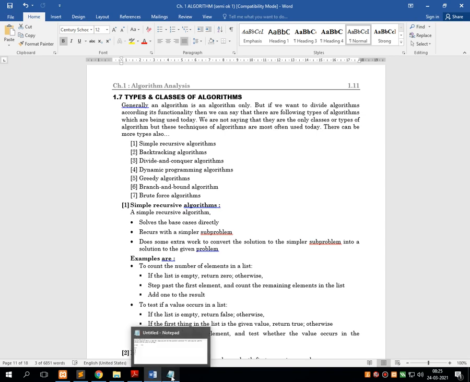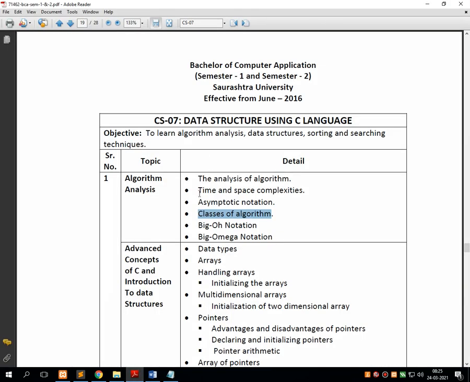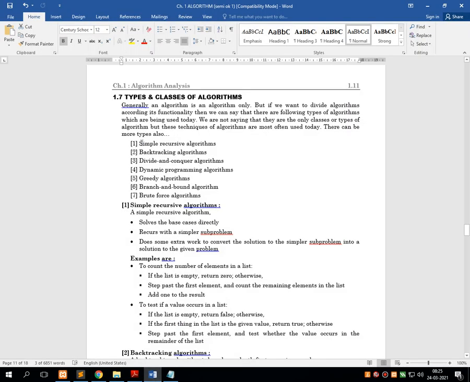Even this can be asked in the exam: write a short note on different classes of algorithm, or explain different types of algorithm. For this question, you have to explain all these 7 algorithms in detail.